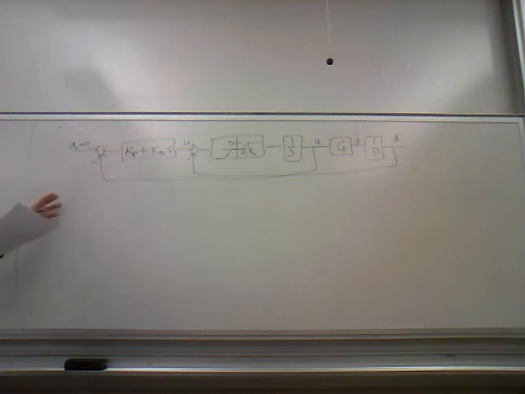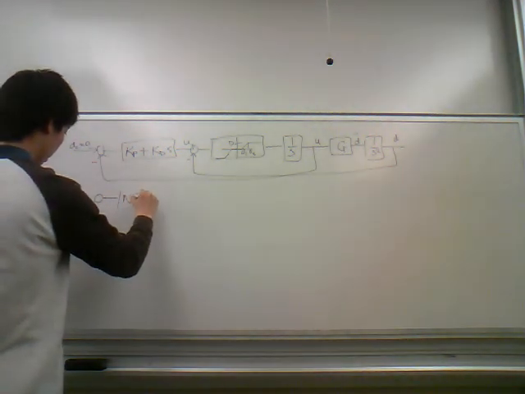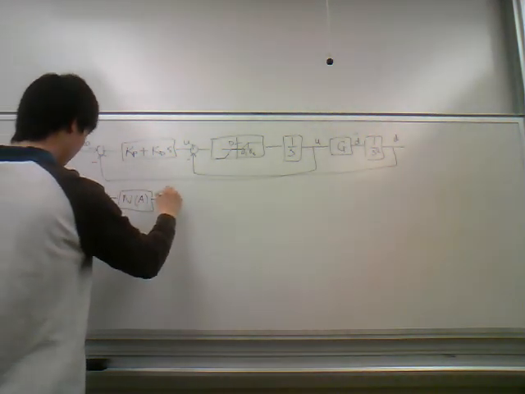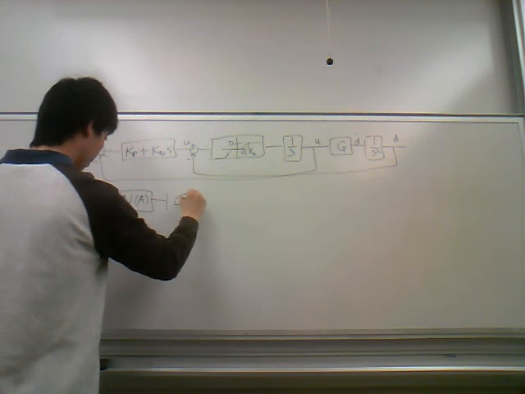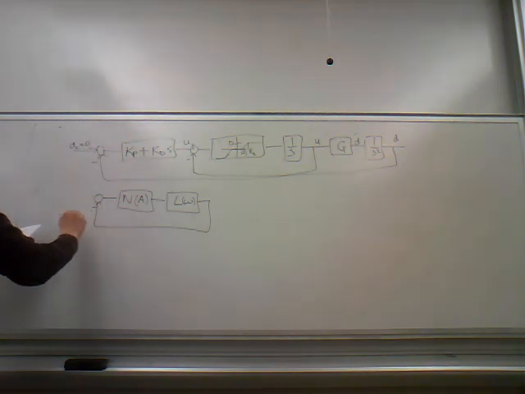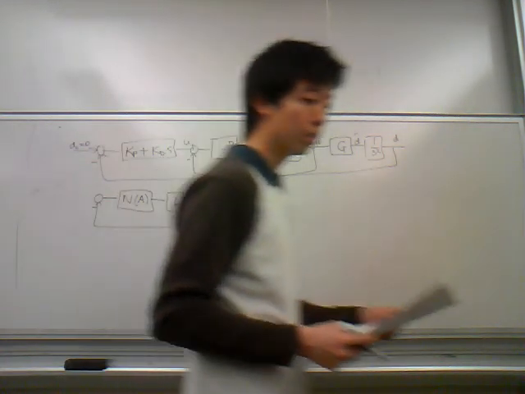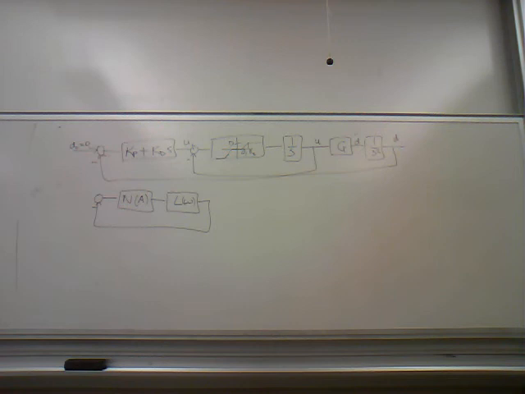The first part of the question wants you to write this system in terms of an N and an L. You can just do that as an exercise. But basically, once you've done that,